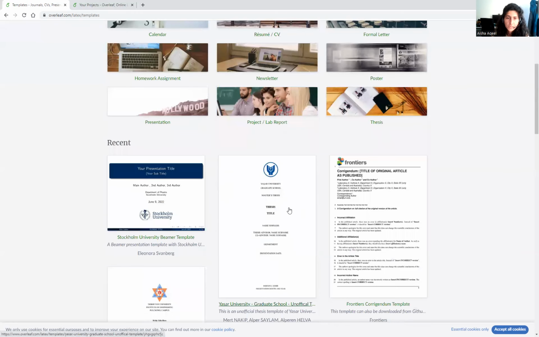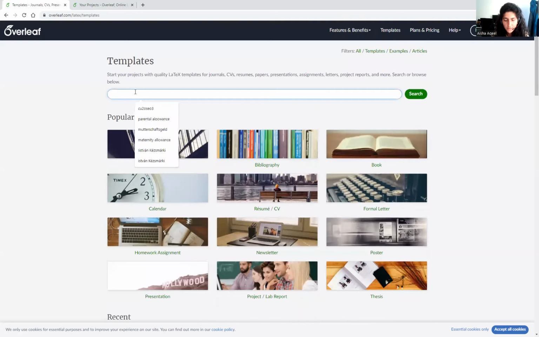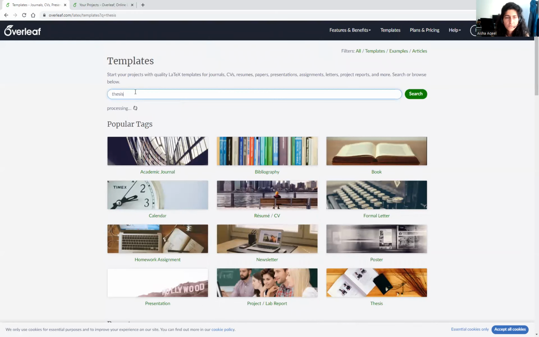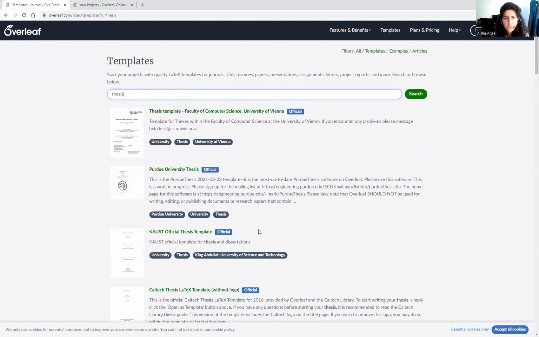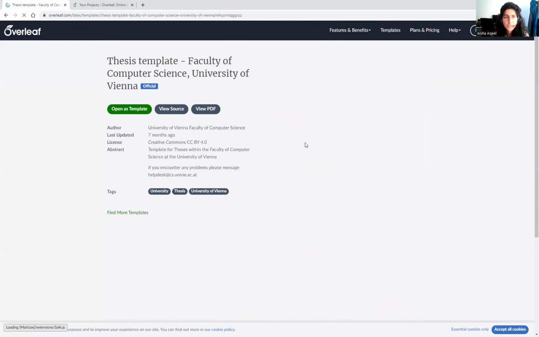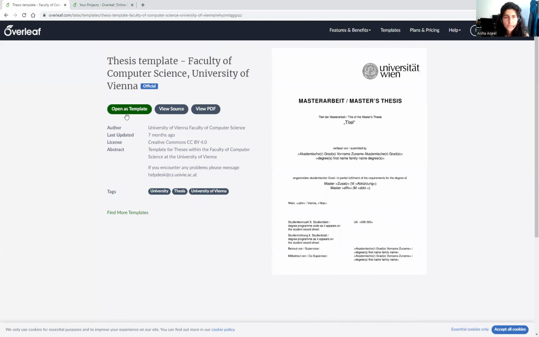If we write here, let's say thesis, then you can click it, you will find several universities. I can just click the first one. If it's your university, you can see the PDF, or you directly click open as template. Usually you first need to log in, but I have already logged in.